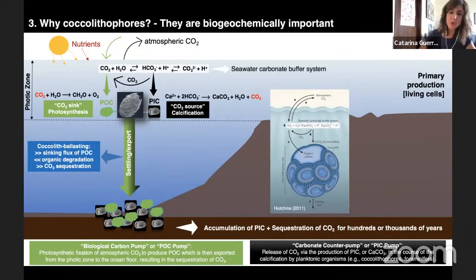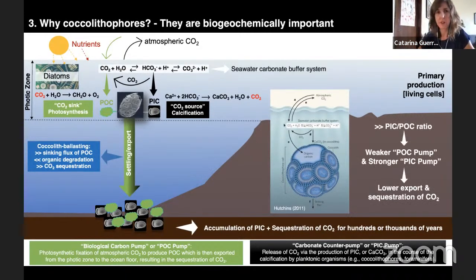And the ratio between these PIC to POC fluxes in the ocean, which is called the rain ratio or the PIC-POC ratio, is largely what mediates the fluxes of CO2 between the upper ocean and the overlying atmosphere. This ratio is important because the higher the PIC-POC ratio, the weaker will be the capacity of the